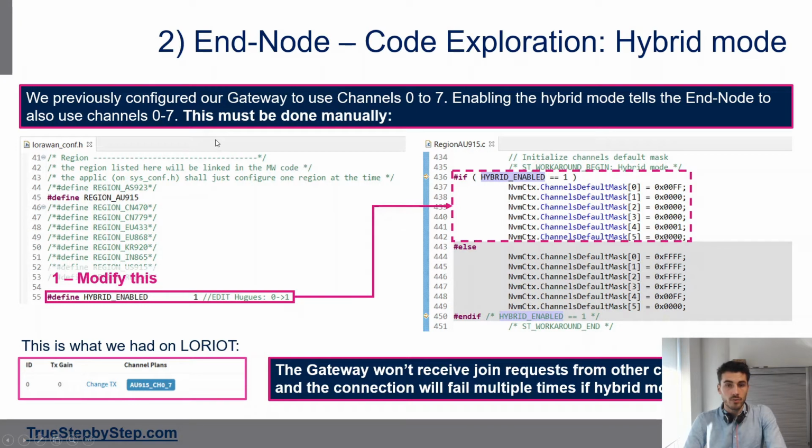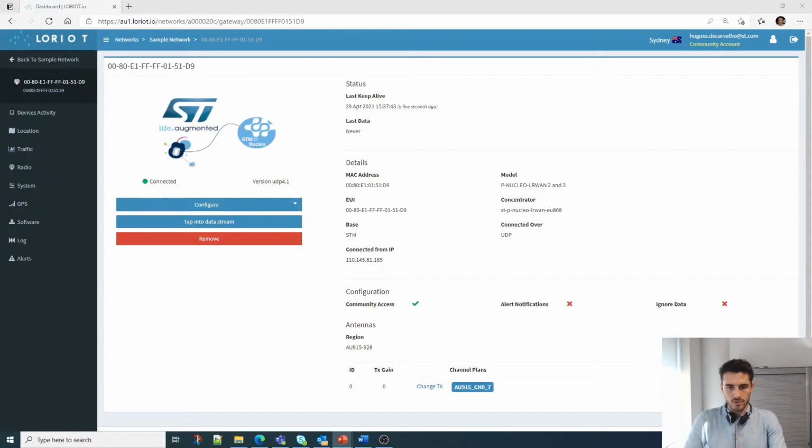Then one thing that we will have to do manually is actually set up the hybrid mode. I don't know if you remember, but when we checked the configuration of the gateway in the previous video, there was something I could show you. There was the channel plan, AU1 915 channel 0 to 7, and here you have many options, right? You might have been wondering what would happen if I selected a different channel plan? Well,